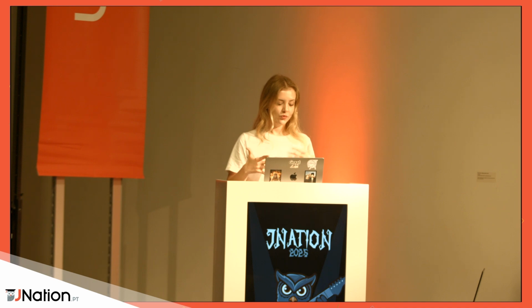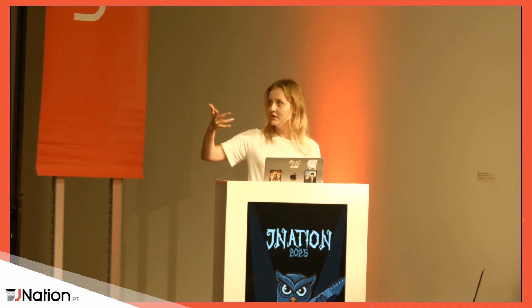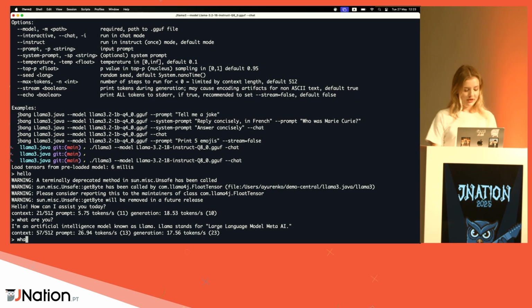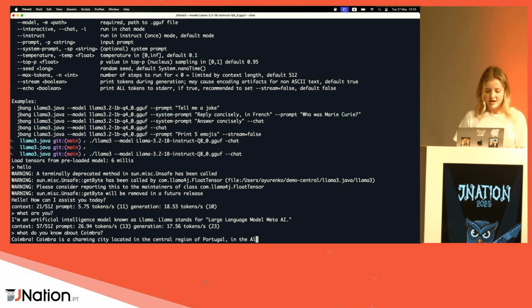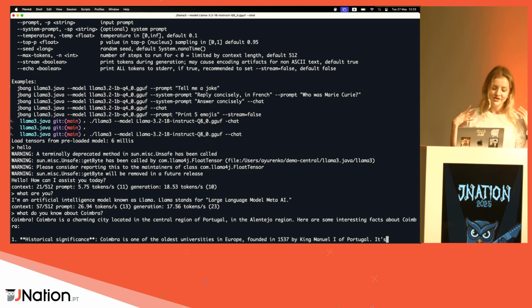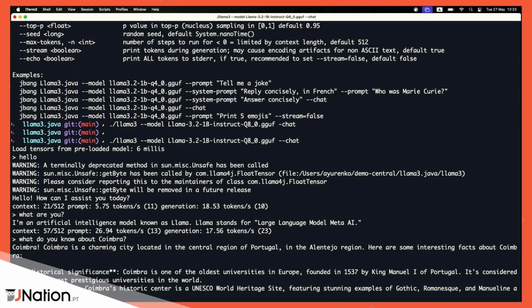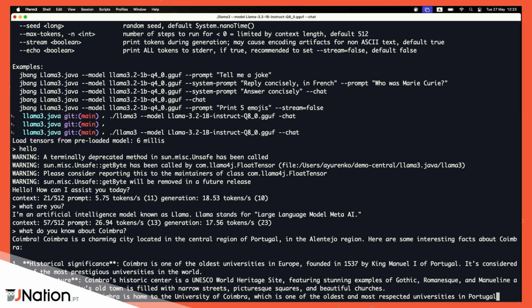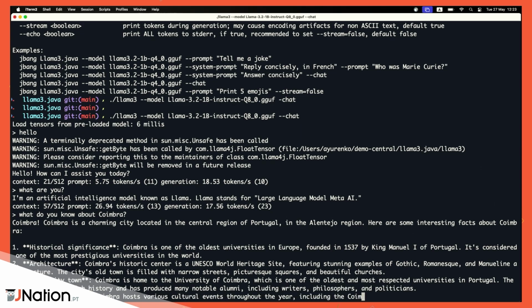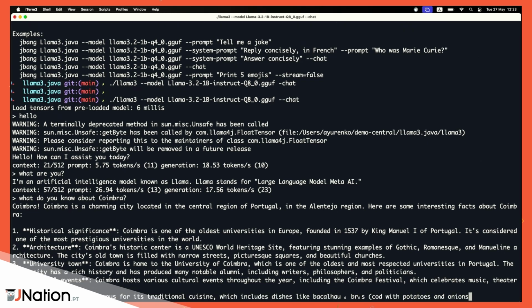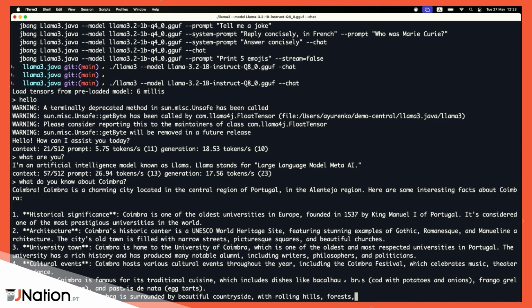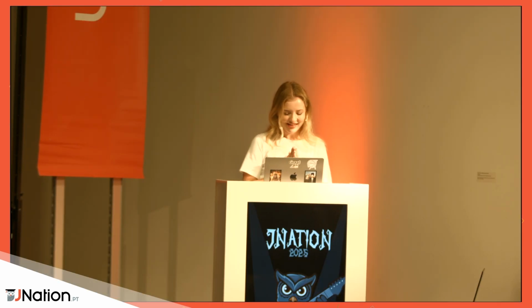And if I run this on a Linux instance, it gets even better. And it's a proper LLM coming from Llama, so from Meta, so it has awareness of the real world. So I can even ask it, what do you know about Coimbra? And it will tell me that it's a charming city located in the center of Portugal with historical significance. What? Did it say something wrong? What happened? Tell me. What's so funny? I did not read the whole thing. Okay, supposedly it generates some output that might or might not be funny, but long story short,